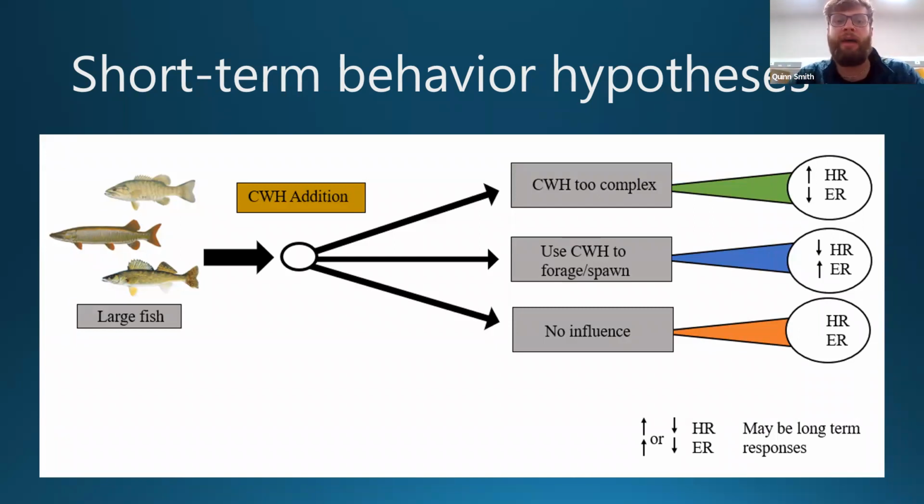It was also possible that these fish used the coarse woody habitat to forage or spawn, in which case we hypothesized we might see a decrease in home range as these fish utilize the area around the coarse woody habitat. And we might see an increase in exchange rate towards the coarse woody habitat, so fish are willing to move back towards it. And of course, if there was no influence of the coarse woody habitat, we wouldn't expect changes in home range or exchange rates. And if both home range and exchange rates increased, this may indicate a switch to a roving lifestyle,